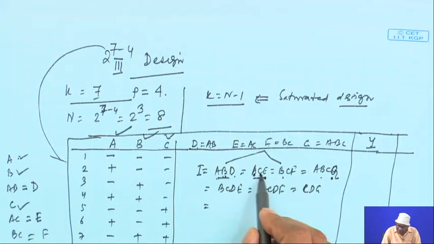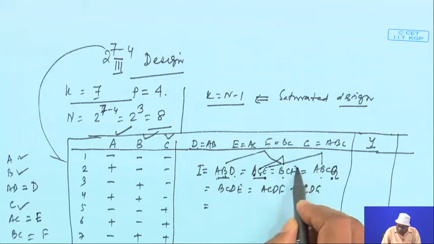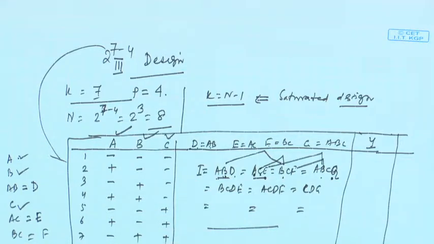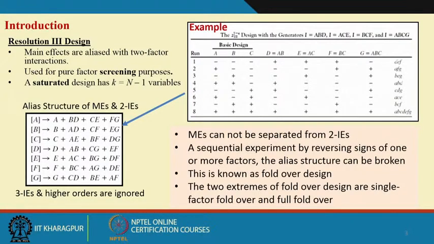So, similarly multiplied these two, multiplied these two, you will be getting a few more. Okay. So, fine. You will be having different generators. Now, we all know that 2 to the power P minus 1 number of defining relations you will be getting. Okay. Now, using this design, if you run the experiment, what results do you get from estimation